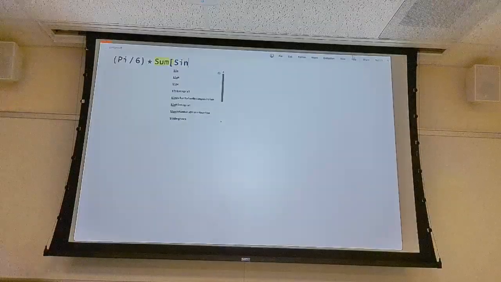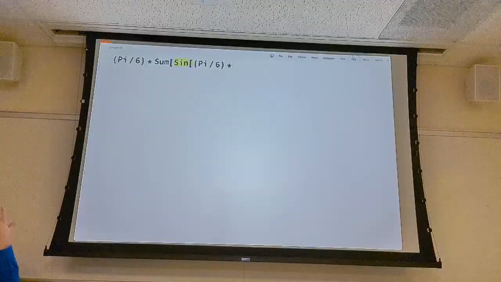Again, let me just put in parentheses pi over 6, right? Okay, so that's not that much of a big deal. Times, now it's a summation, right? Sum. What's the summand? What are we summing? Sine pi over 6